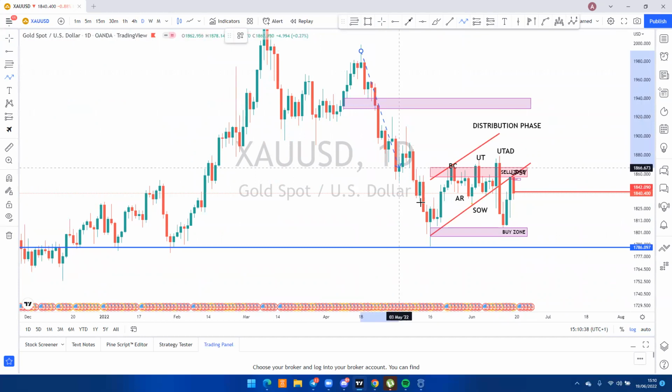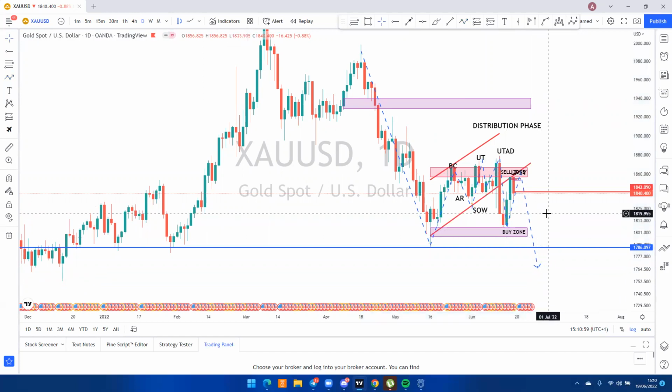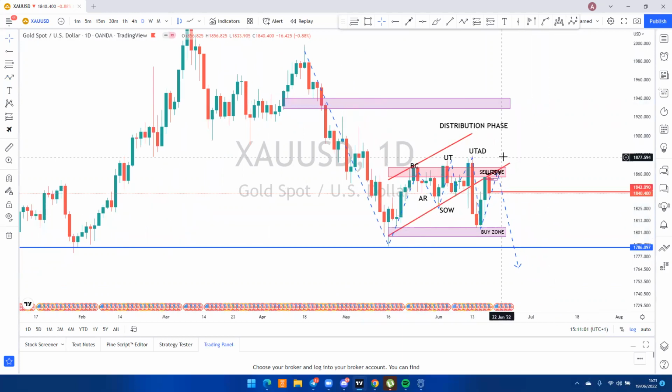from 2000, sorry, impulse move down. We're having this sort of correction move here, and then price basically broke out of the smaller time frame channel, retesting it. So we could chill around this area here just to collect more sell orders, and then price should push lower, in my opinion, at the moment, because I'm still looking for some bearish moves,